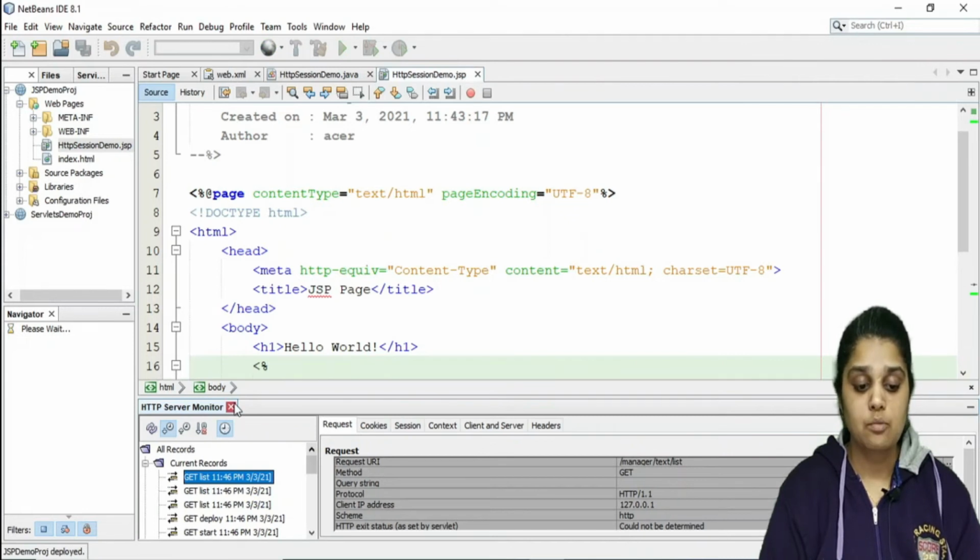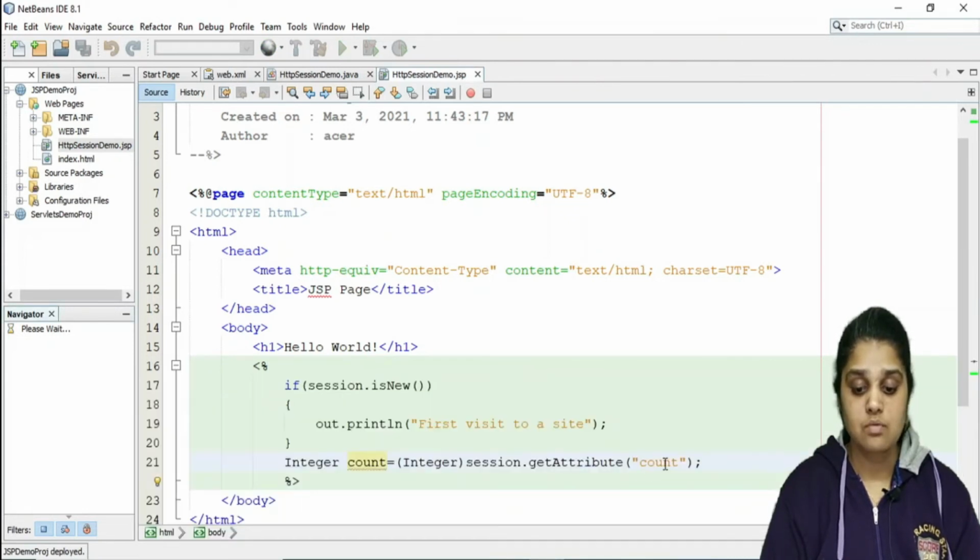Now please note, this count is the key and this count is a variable. Whenever inside getAttribute I am writing count, it means I am asking for a key, but when I am writing a simple count, I am writing a variable.